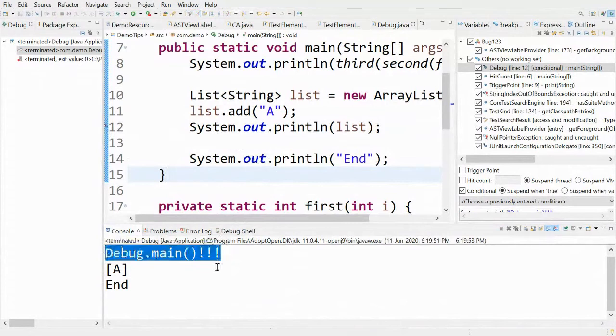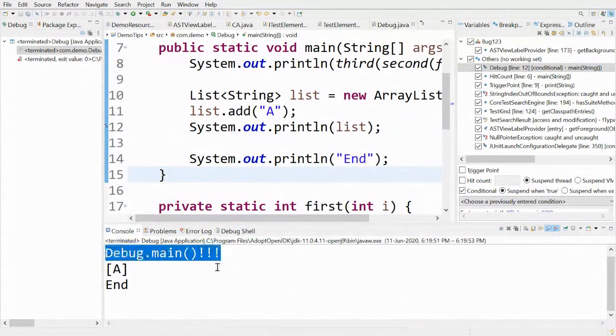So after trace points, let's move on to trigger points. To simplify things, say we have a breakpoint here like this, which can be accessed from three different scenarios. That is S1, S2, and S3. But you are interested in this breakpoint only after S2 has occurred. So for that, at S2, you can create a trigger point. You just create a normal breakpoint first, and then set it to be a trigger point here.